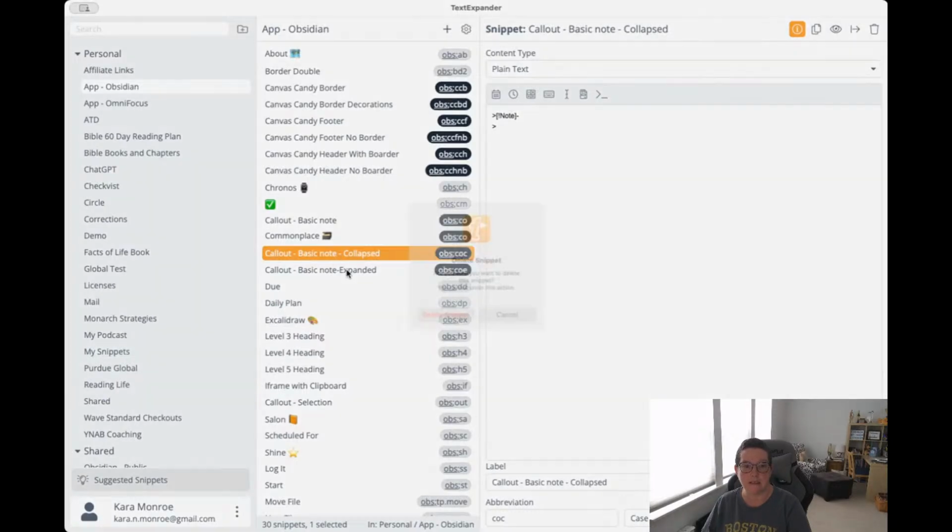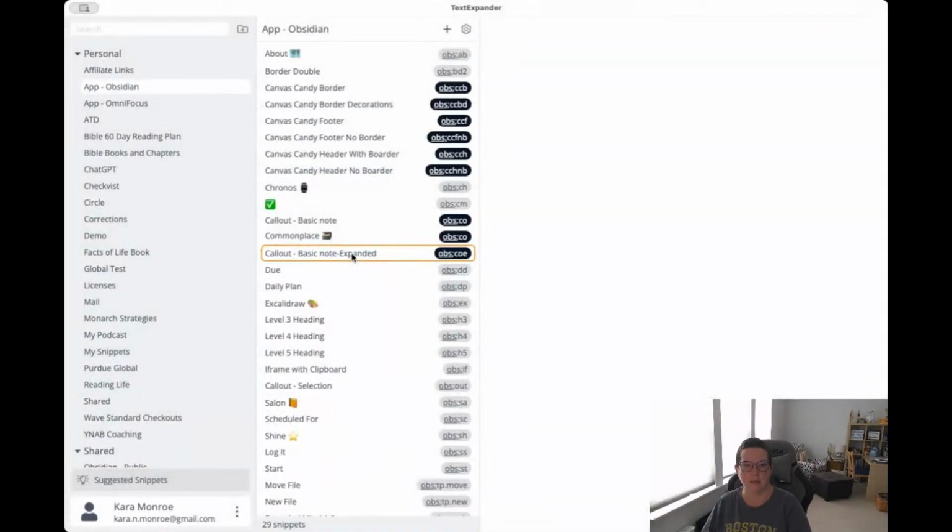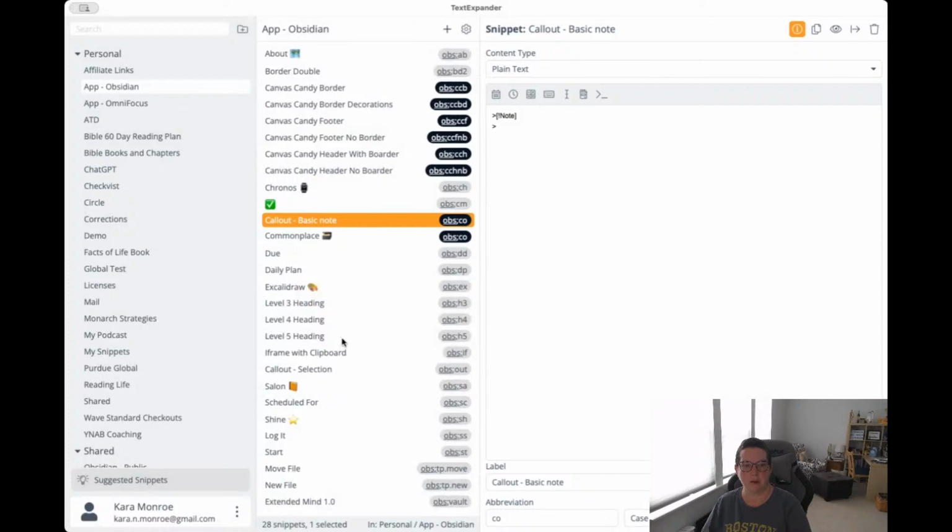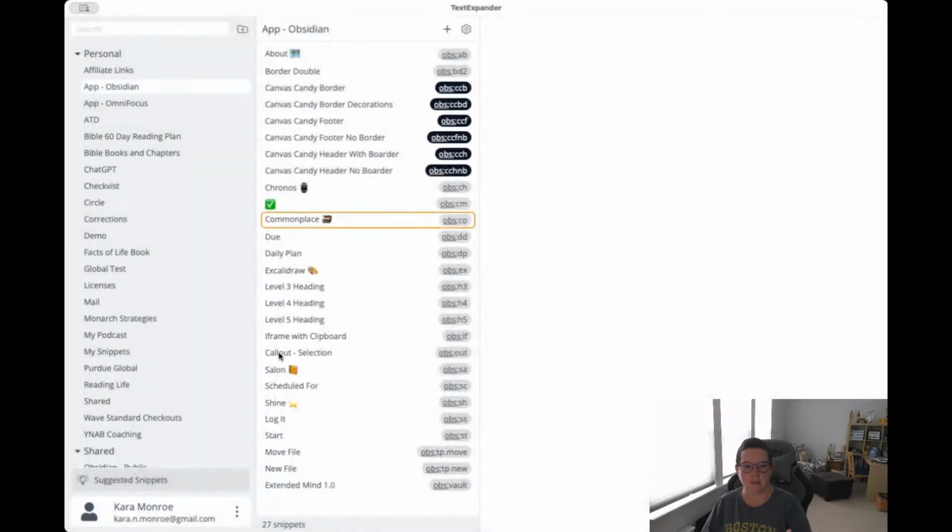So I'm actually going to delete these because I no longer need them, which is always nice, keeping this cleaned up, because these were old ones. And then I had another basic call out. There we go. So much easier to do that with my selection call out. And I will keep building that out. That'll be one that I'll share later on in the series as I get to sharing some of the very specific automations. So you do the same thing in Keyboard Maestro. I'm not going to recreate this in Keyboard Maestro because I don't want this to get too terribly long. But I am going to show you the Keyboard Maestro interface for just a second.